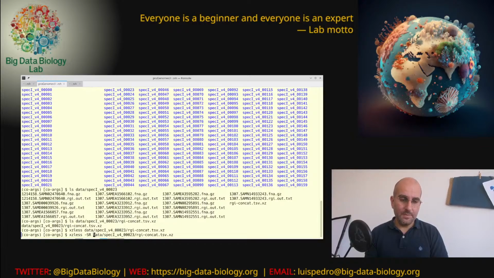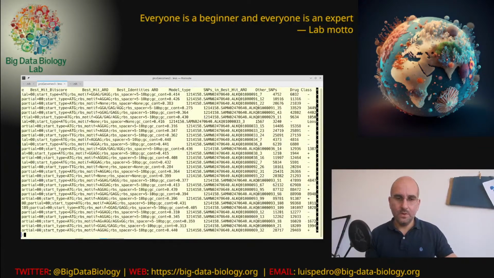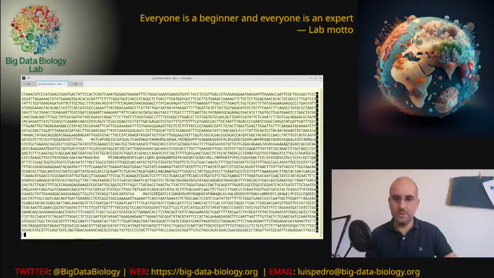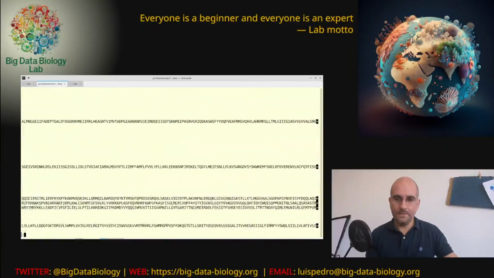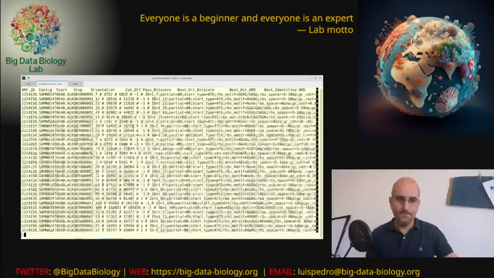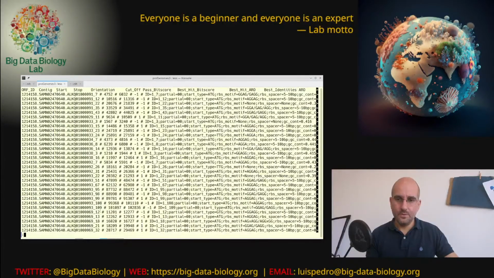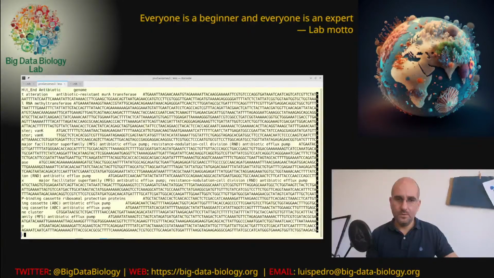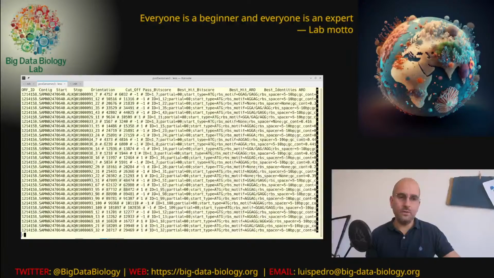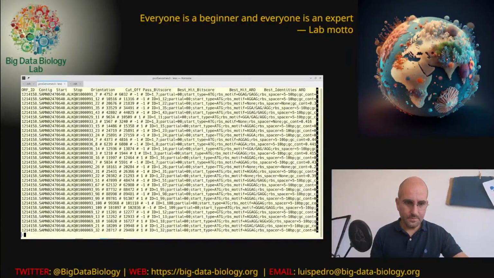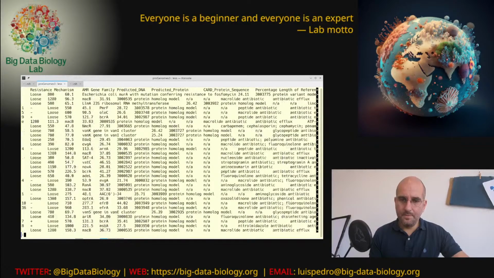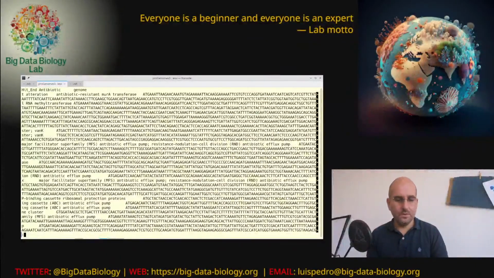Minus capital S minus capital R is going to not just show us the files without wrapping, so that we don't have to scroll right to see the outputs. So here's the output file. This would be all of the outputs for, what was this?